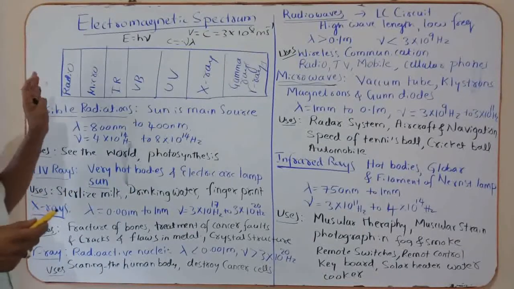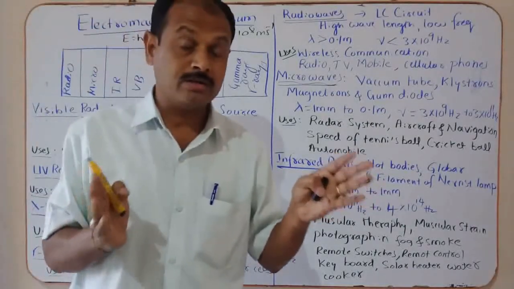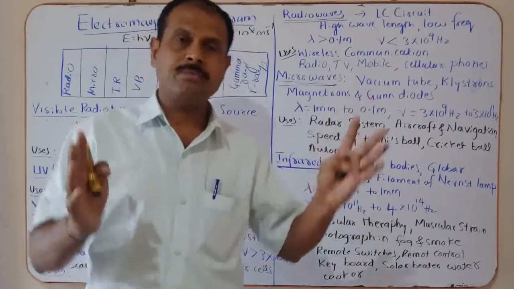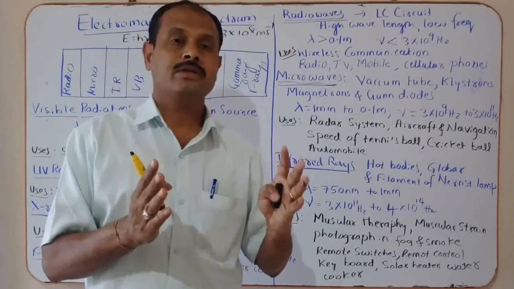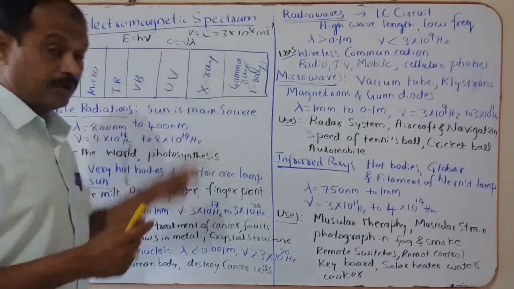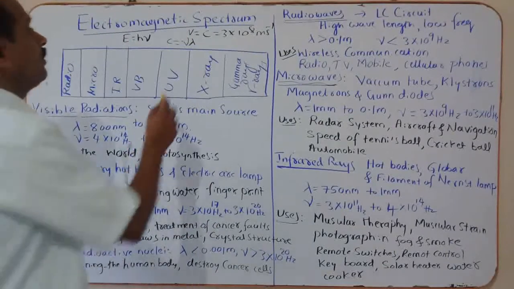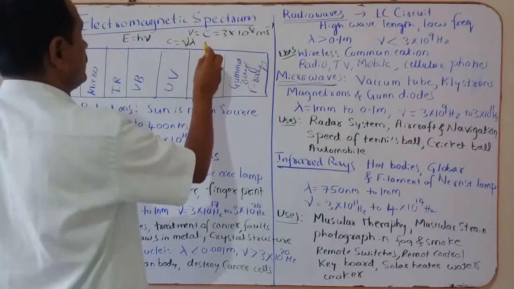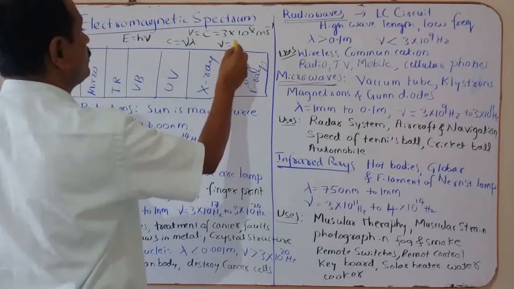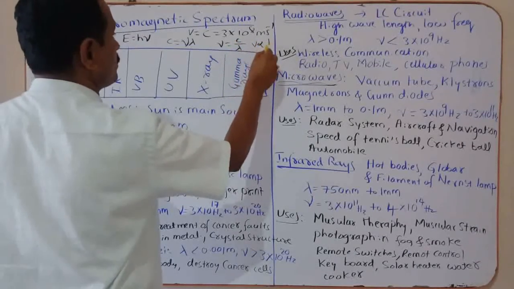Now in the electromagnetic waves, there is the electromagnetic spectrum. There are different parts of the electromagnetic spectrum. In all the parts, the electromagnetic waves have the same factor, that is the velocity of electromagnetic wave. The velocity factor is common for all the electromagnetic radiation. They have different wavelength and different frequency. Then nu is equal to c by lambda. Nu is inversely proportional to wavelength.